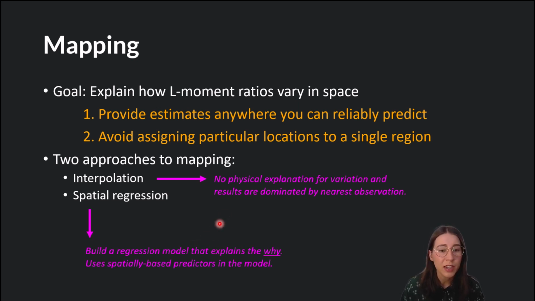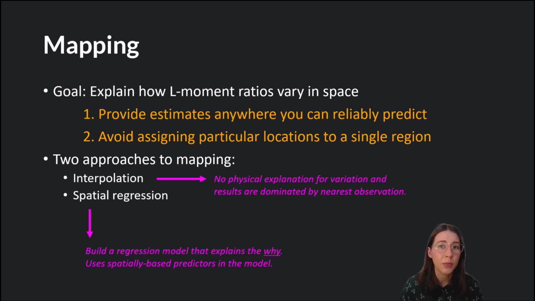With spatial regression, you build a regression model that explains why there is spatial variation. Usually you use spatially based predictors in the model, like mean annual precipitation, temperature, elevation, distance to coast, location, etc. Spatial regression is the method that's used most frequently in regional frequency analyses because it typically provides a more informed